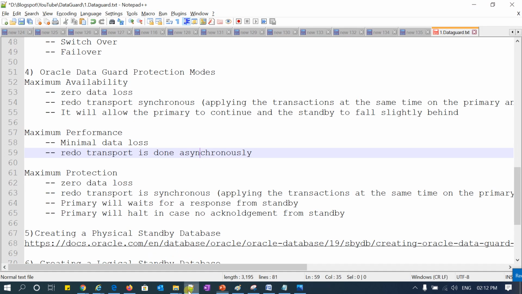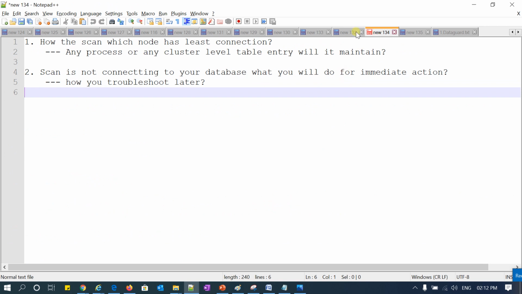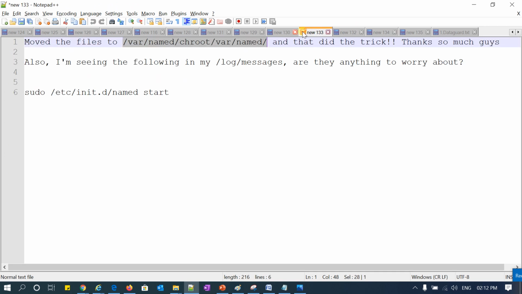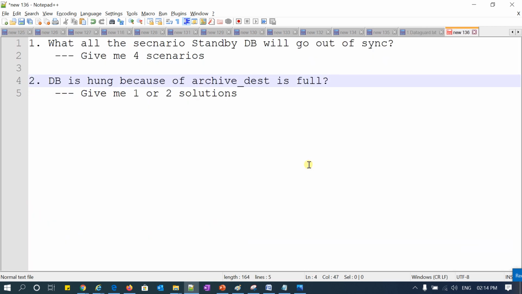With this concept, I do have a couple of questions. If you are able to answer this, that will be great. Okay, the question is, what are the scenarios where you can see standby DB will go out of sync? As I said, production and standby database are always going to be in sync.